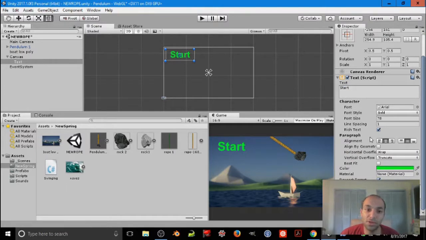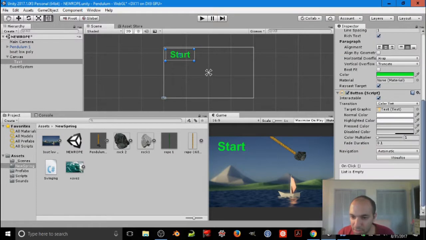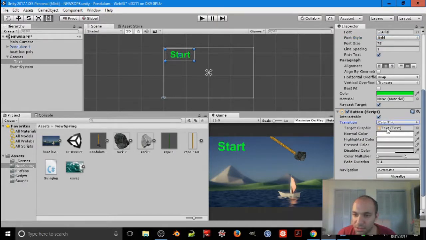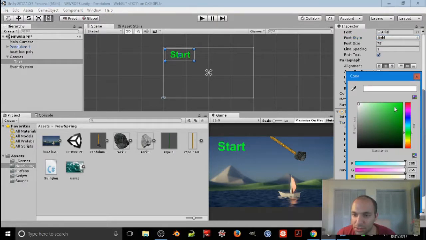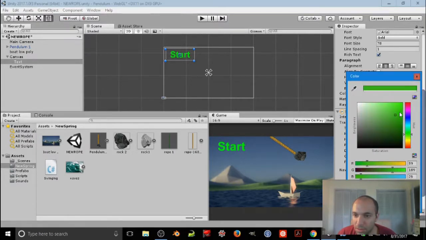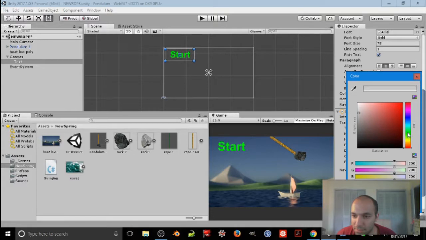In order to make it into a button, you have to add a button component to it. So let's do that. You add component button and you get this. So the text is just the text, whatever the button says, which is what we had over here. Okay, so what this color tint tells you is what happens as you approach this button. So I can make it green, and then if the mouse is on top of the button, then you will get this color, and when you press it you will get, let's say,